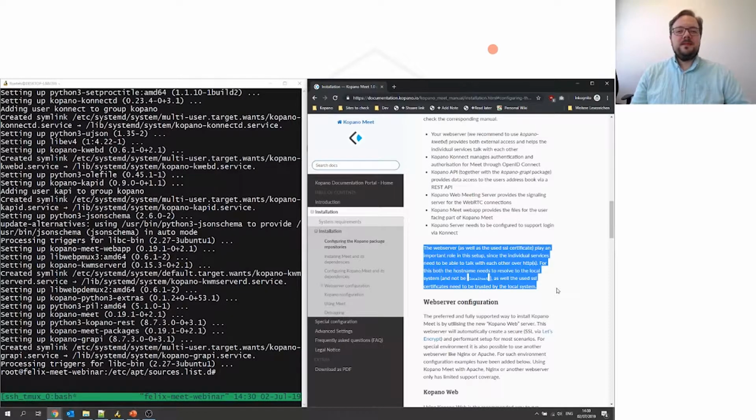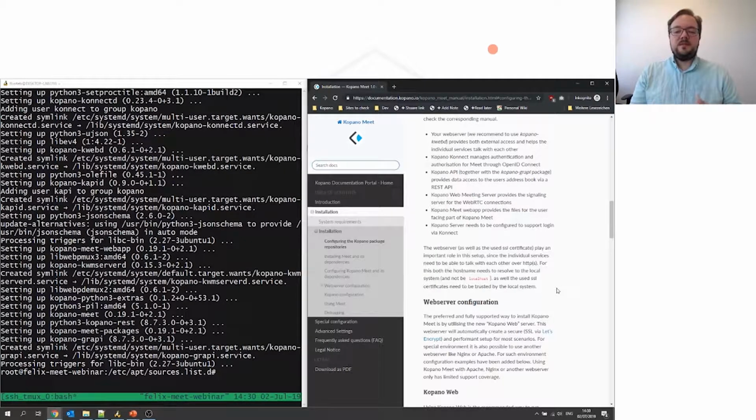Kopano Meet, since it's a bit microservice-y, meaning that there are different services involved, and all these services talk to each other through the means of HTTP, or more specifically HTTPS. And here, for this very same reason, it's quite important that you properly configure your web server, and that you properly configure an SSL certificate for your web server, because those services essentially